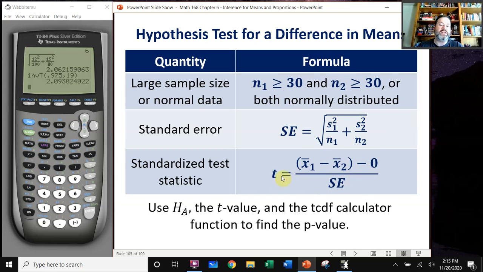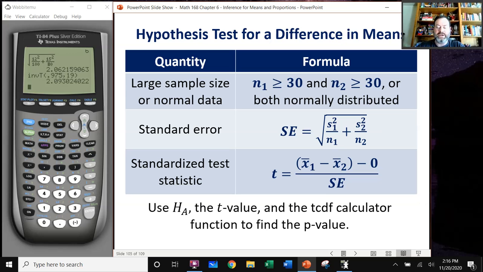In chapter 5, we called it a z because we were given the standard error. Here, we're computing the standard error, so it's a t. And we're going to use the alternative hypothesis, the t-value, and tcdf on the calculator to find the p-value. Again, you can check all your answers in StatKey. That is all